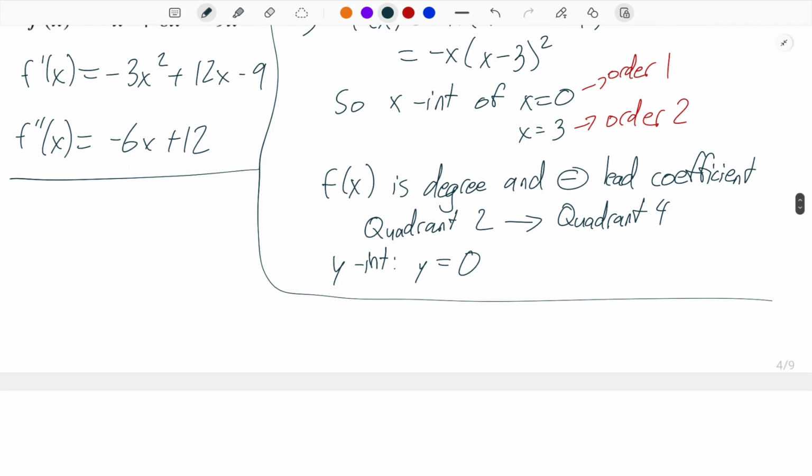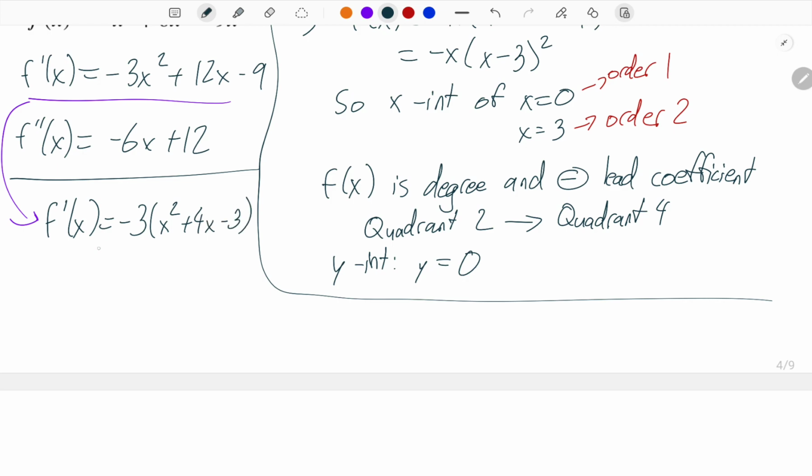So we're going to use that first derivative. And let's take that first derivative and factor it. So factoring that first derivative is going to give us, well, let's take out a negative 3. We're going to have x squared plus 4x minus 3. And that's actually pretty simple to factor now. Just going to be x minus,